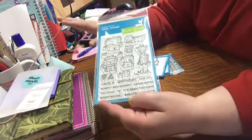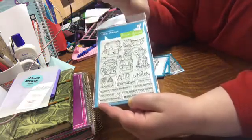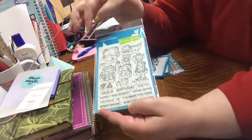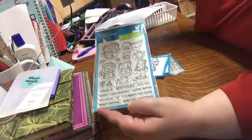Some of their very earlier stuff I'm not a huge fan of because it's too cutesy for me. Everything has those smiley faces on it. And now when they make a set that has smiley faces, they usually keep the smiley faces separate, so you can choose whether or not to use them. And a lot of the time I choose not to use the smiley faces. So anyway,